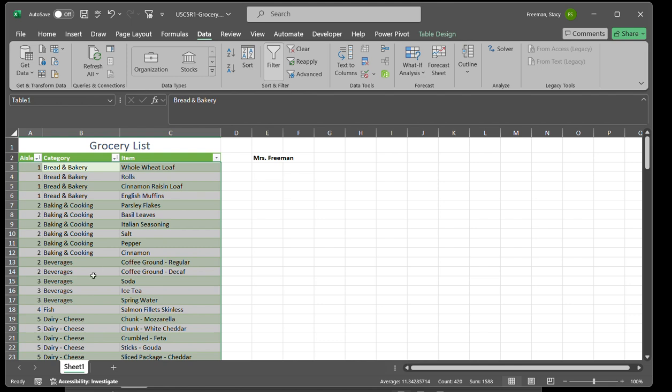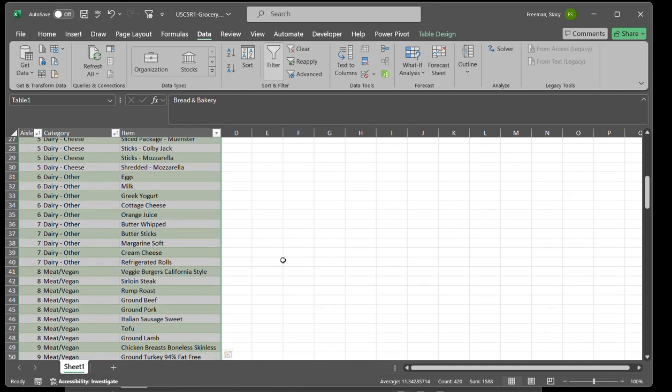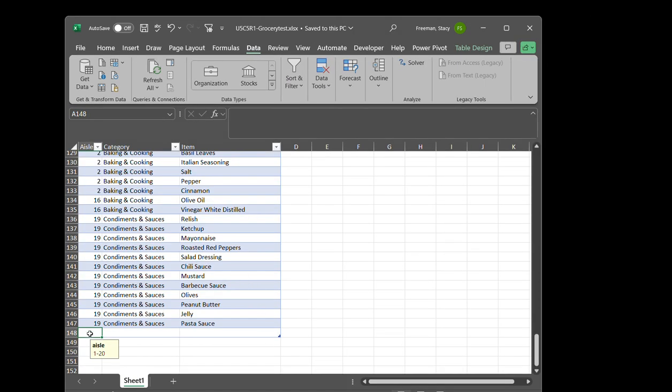Step 6, in cell A143, add a data validation rule. The problem with that is if we just add it to cell 143, then it only works in cell 143. So I have a little example here. I'm at cell 148, but it doesn't matter. And here's my data validation rule. And so if I put in the wrong number and I hit tab, I get the error message. If I put in something between 1 and 20, that's going to be our rule,